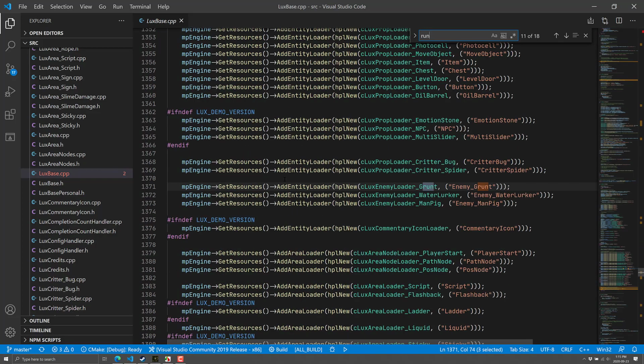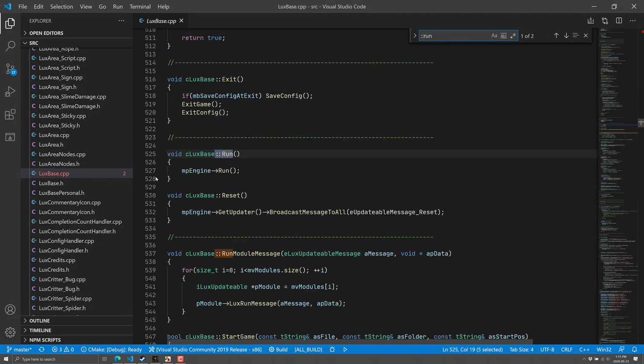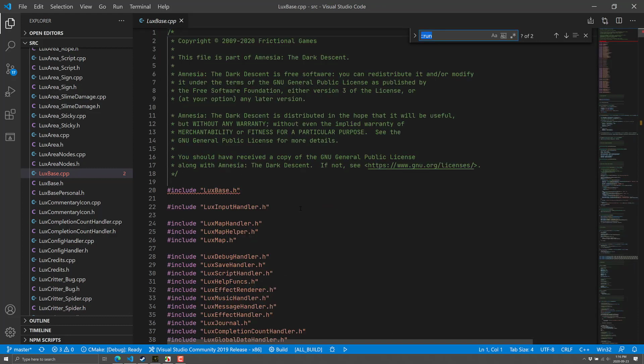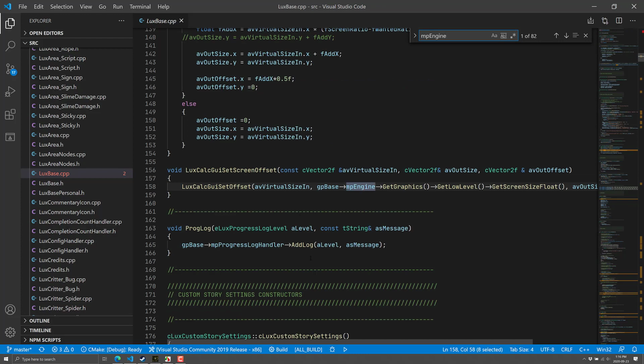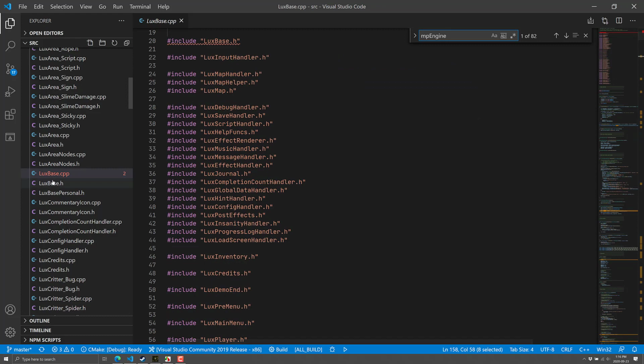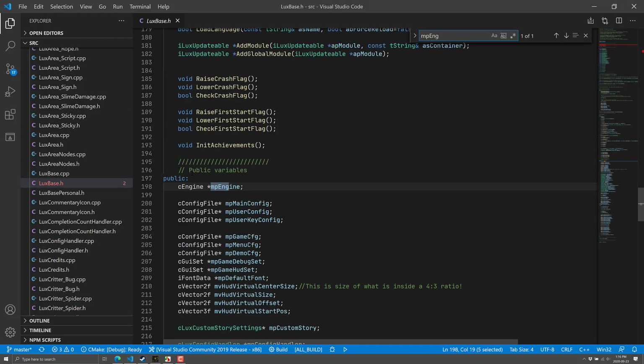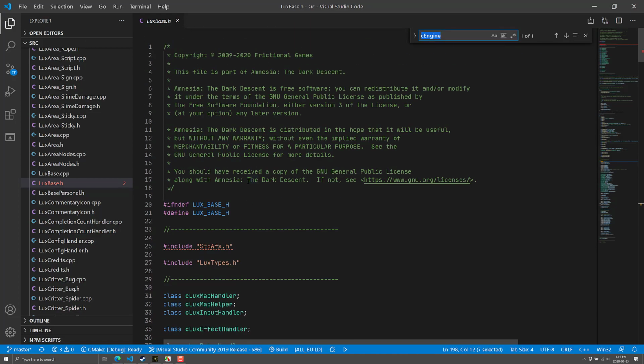And then you're going to find run, I think it was called. Run. Yeah, there we go. So here is the heart of your game. It is run. And here you can see it is under MP Engine, run. Now we got to find MP Engine. So here is a bit of a GP base. All right, let's go here. MP Engine is of class C engine. And now we just have to find,